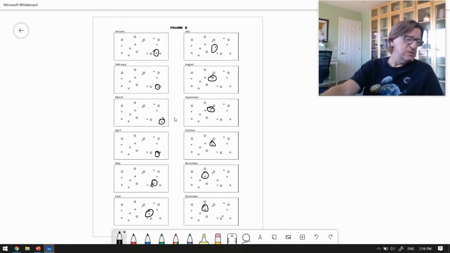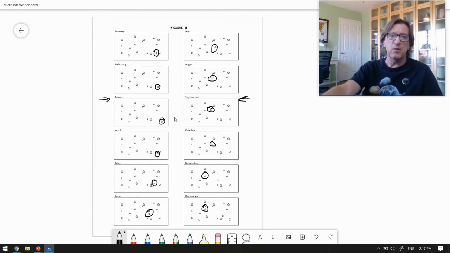So it says determine which 2 months is at its extreme position. So where are the turnaround points? If we look at it, it looks like right here is one of them. So we're going to say March. And then you see it starts to move back over this way. And it reaches an extreme somewhere over in here, right around September. See that? Which, not coincidentally, is 6 months away. So March and September then are going to be my 2 lines.